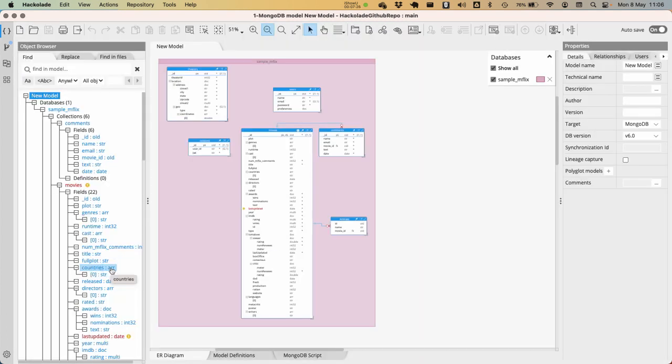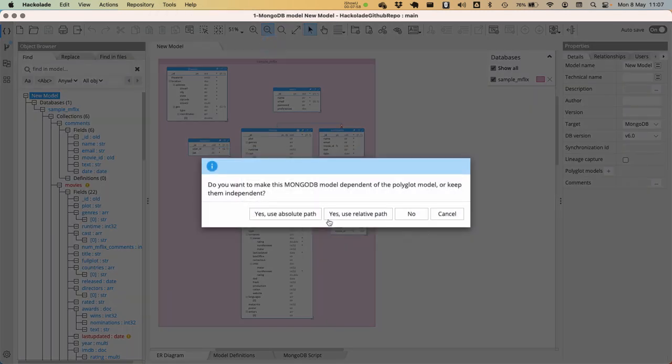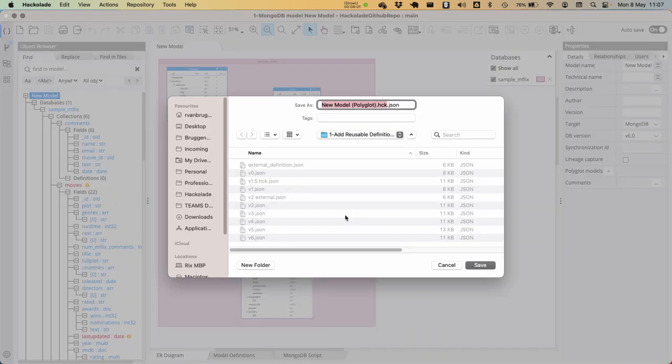The reason why I want to do that is because I want to illustrate one more time that you can use the MongoDB model as a basis for other things. Remember, we talked about the polyglot capabilities of Hackolade in the presentation, which meant that we can create an umbrella view, a higher level view of the data model that is technology agnostic. So I'm going to convert this MongoDB model. Let me save that here as well. And I'm going to say this is my